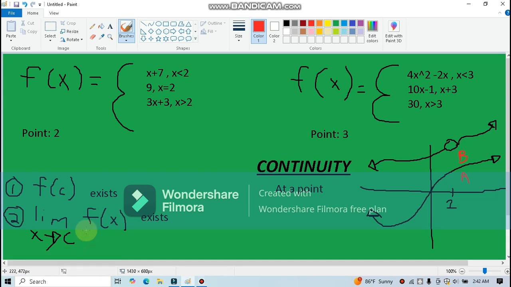Hi guys, today I'm going to explain continuity at a point. So you can see this simple graph where we have two functions labeled A and B. Now, the definition of continuity is that if the graph of the function doesn't have any breaks or holes,